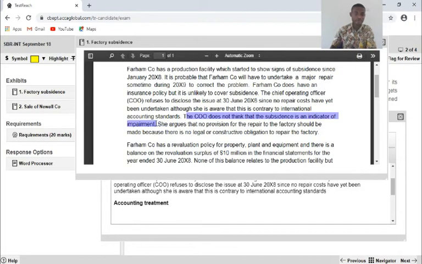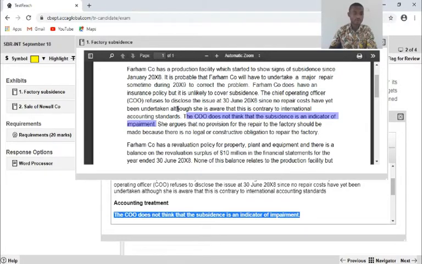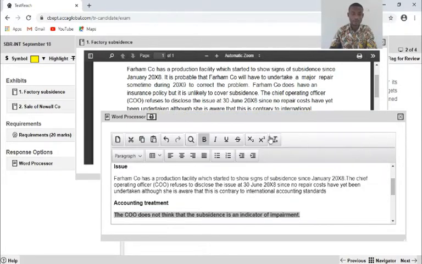So I have information here for the accounting issue. So I'll put it here. So just to unbold it, so that when I come back to develop the accounting treatment, I can talk about it. I'm using the content of the case.